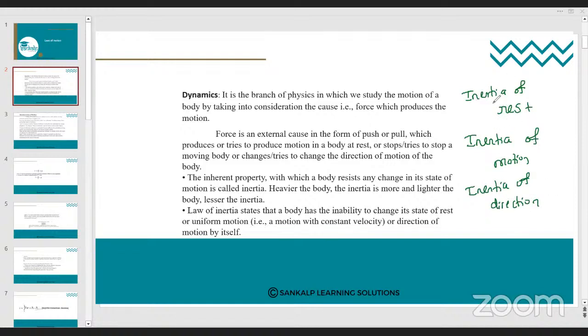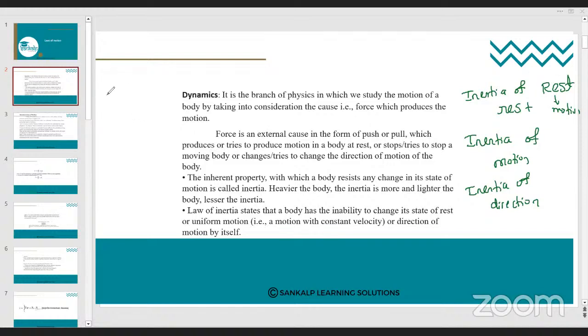That is inertia of rest. So what does inertia mean? To oppose. So in inertia of rest, what is it opposing? The object is already at rest. So it is opposing coming into motion while it is at rest. That is called as what? Inertia of rest. Getting? So inertia of rest is what? Inertia means opposition. In inertia of rest, what is it doing? The body is opposing to come to the motion state. So it wants to continue the rest position only. That is called as inertia of rest.